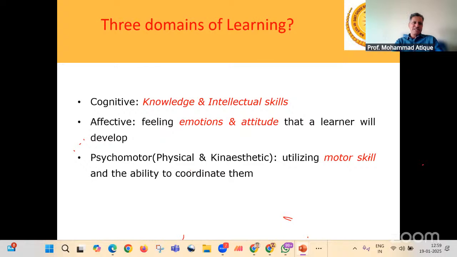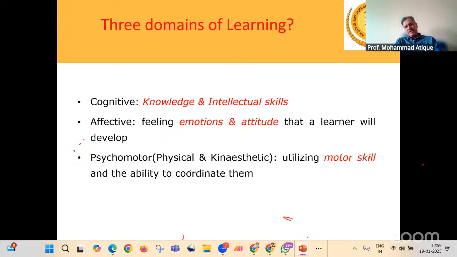The second aspect is the affective domain, wherein, as a matter of fact, we must have certain subjects that talk about emotions and attitudes. I'll give some examples which will clear your ideas. That is why this is important. And the third one is the psychomotor, wherein we have physical and kinesthetic, that is utilizing motor skills and the ability to coordinate them, right?